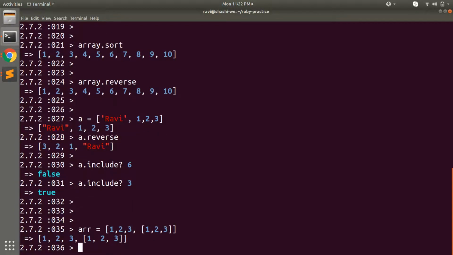Now you can see that this array has a total of 4 elements, 1 2 3, and an array of 1 2 3. Now if I invoke the flatten method on this array, then it will give me 1 2 3 comma 1 2 3. It will flatten the array. I mean, the fourth element will be flattened here. Let's try.